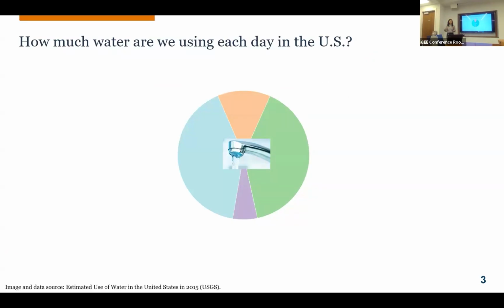So we are using lots of water. As everyone knows, water is so important to our life, but do you know how much water exactly we are using in the US? I kind of spoil you on this, but take 1 second if you haven't seen it and guess how much water exactly we are using. So the answer is